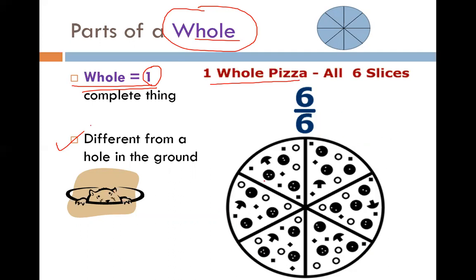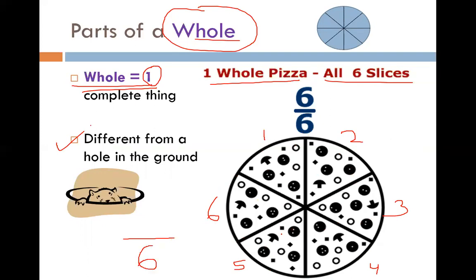Now if I cut this whole pizza into 6 slices, what do I have to write for this fraction? I have to represent the pizza slices as a fraction. So how many slices are there? 2, 3, 4, 5 and 6 pizza slices are there, and I have 6 pizza slices on the plate. Nobody has taken or eaten any pizza slice. So I have a whole pizza and I've divided it into 6 equal parts. So what is the fraction for it? Firstly you have to write the total number of parts, 6.